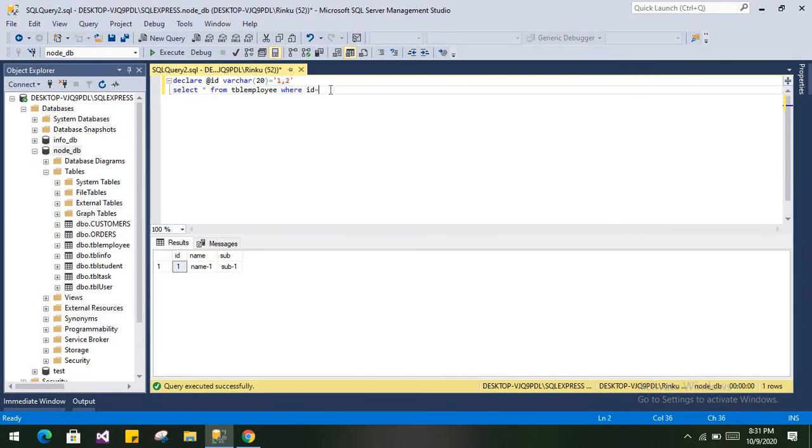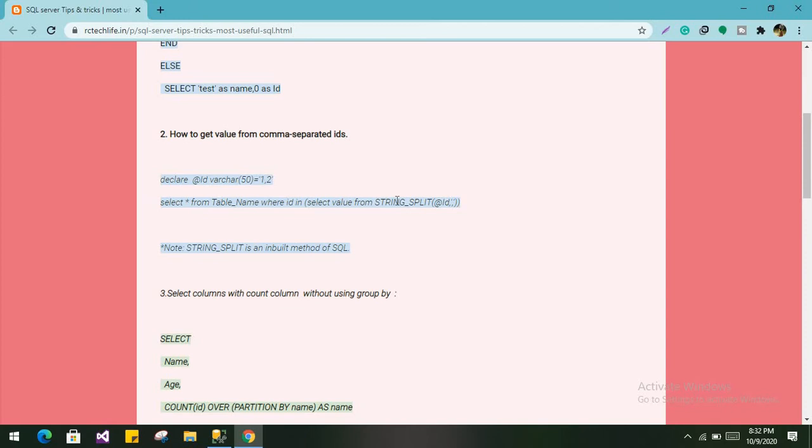Now if we pass it like this, it will not work, because our ID is bigint and the variable storing the multiple IDs is varchar. So first of all we have to convert it, and we can't use it directly in the bigint. So we will use the string underscore split function, which is inbuilt in SQL.